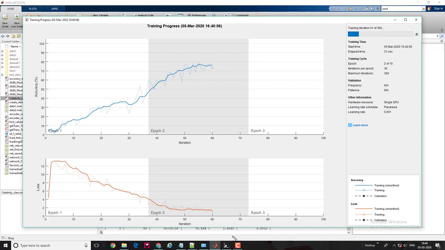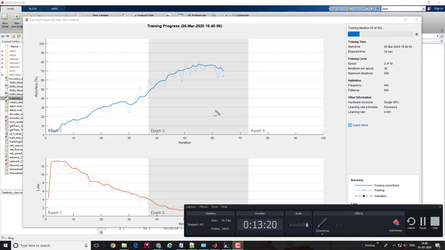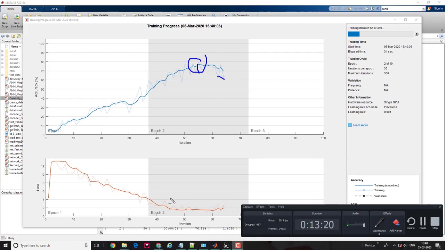The dark blue line represents the smoothed accuracy, while the light one means the unsmoothed training accuracy. Similar things are happening with the loss function, smooth and unsmooth.